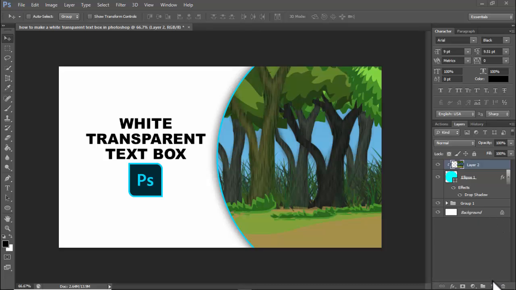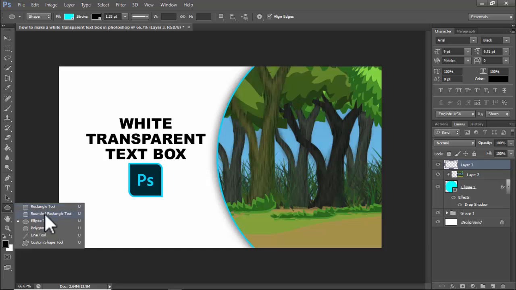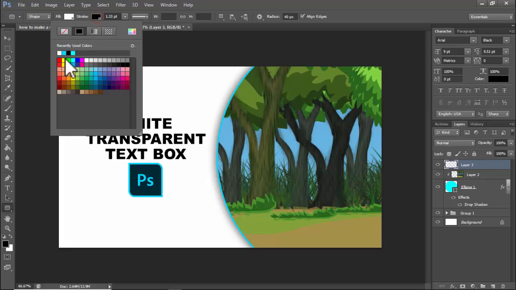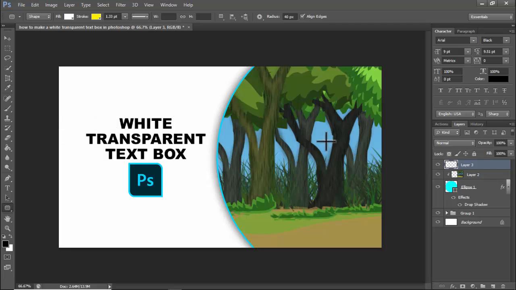Let's get started. Create a new layer and select text box rounded or rectangle. I use example rounded and white. Press enter. Then